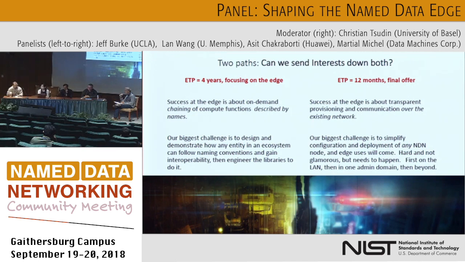On the application side, if we could transparently provision and communicate over the network we already have, with NDN nodes, we could get a lot done that would explore edge applications. And this is the less glamorous part of what we need to do and what the team is already working on to some extent. And so I think there's both the high-level ideas that need to still be developed about naming interoperable services and the data that moves between them, but then we also have to do the less glamorous parts pretty